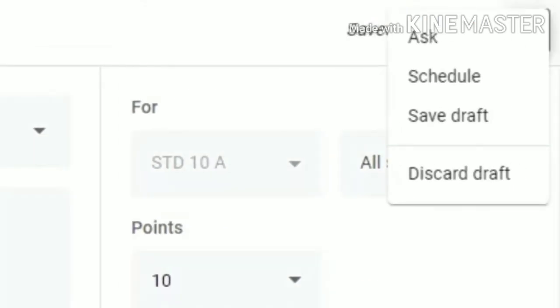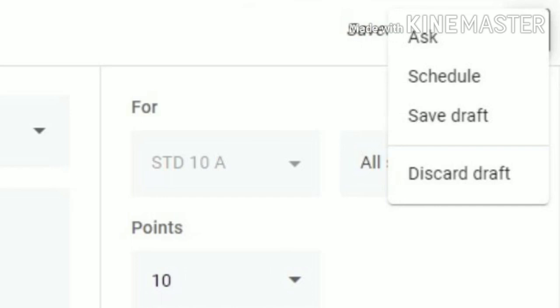If you want to ask the question immediately, we can click on ask. If you want to schedule it, meaning on a particular date and time it will be forwarded to the student, we can schedule it. If you want to save it for future use, you can click on save draft. And if you don't want it right now, you can discard the draft also.